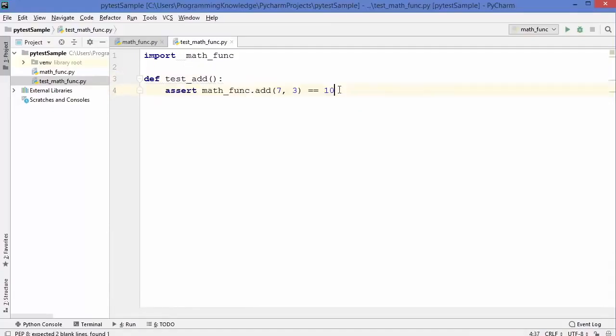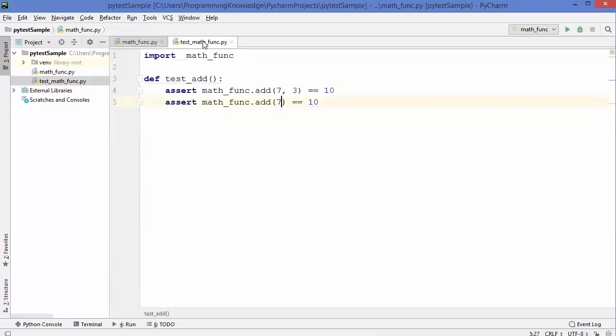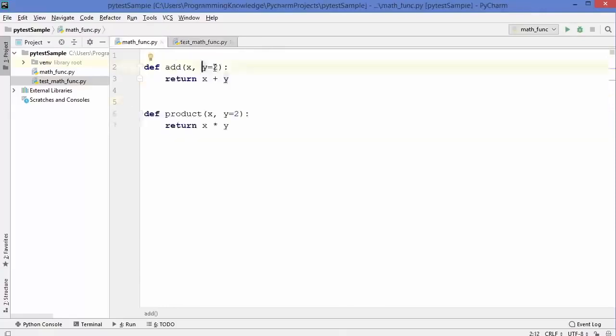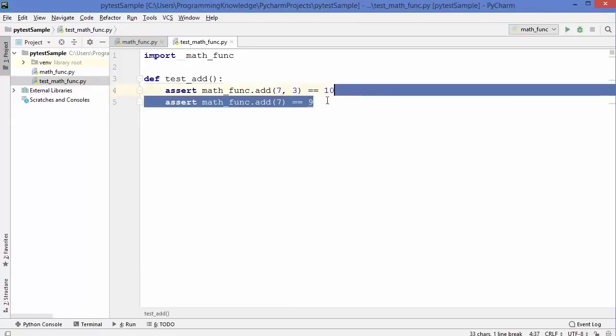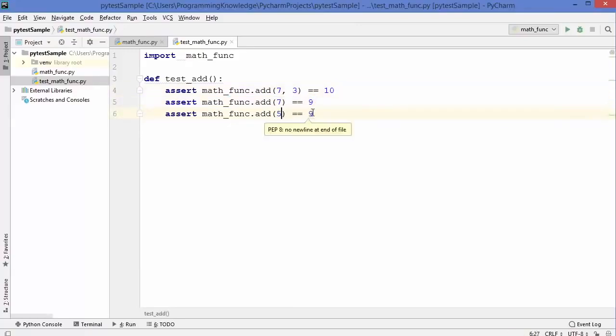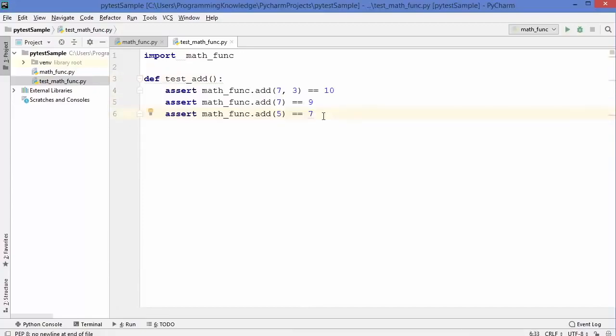You can also provide multiple asserts here. So let's say I just want to provide, for example, 7 here. You can see that y is equal to 2 is the default value of y. So here in the assert, I can only give one argument, and the value of second argument, which is y, will be taken from the default value, which is 2. So 7 plus 2 is 9. So we can just say whenever you provide 7 here, it's going to give us 9. Once again, whenever you provide 5 here, it's going to give us 7. So in this way, you can provide multiple asserts inside your function,